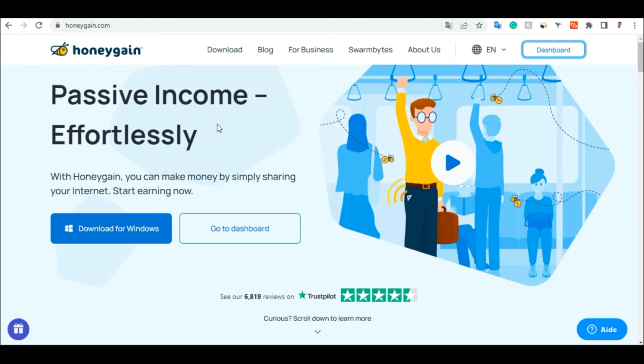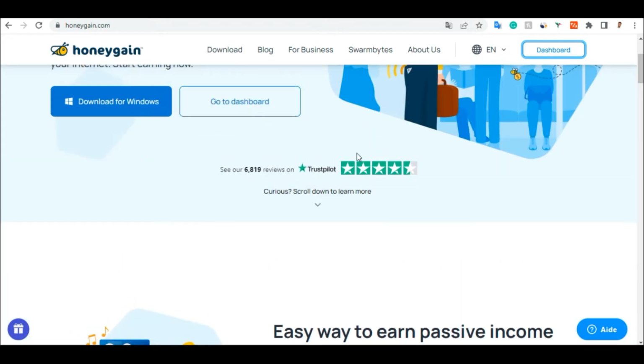So before we log into our account, let me share some tips on how you can multiply your earnings if you are using this application, which is called Honeygain. On Honeygain, if you scroll down here, you can see Trustpilot. Why I love this website, on Trustpilot, you can see they have